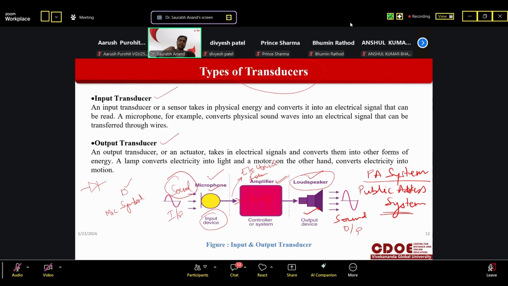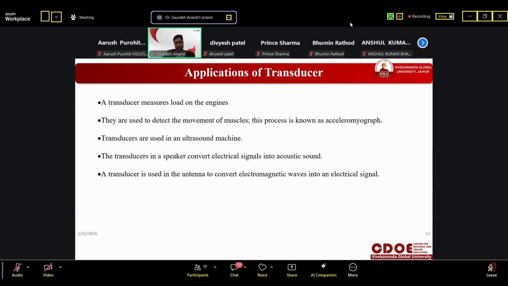Input means whenever we generate any signal in any form, it will be applied to input transducer. It will be converted into electrical and processed. And finally, the signal which was in actual form should be reconverted into actual form here, like sound. So this is the speaker here, or loudspeaker, right? Speaker or loudspeaker both are same thing. So this is the output transducer. Any doubt to anyone of you? You can ask me. Okay, it's very basic diagram.